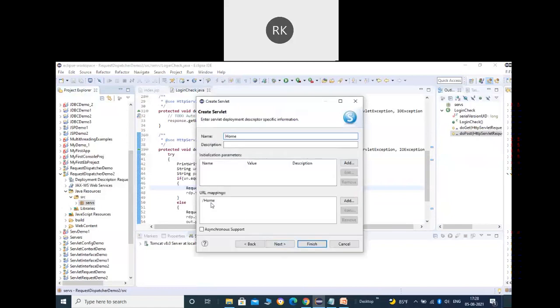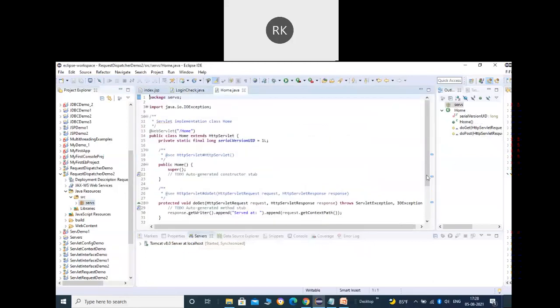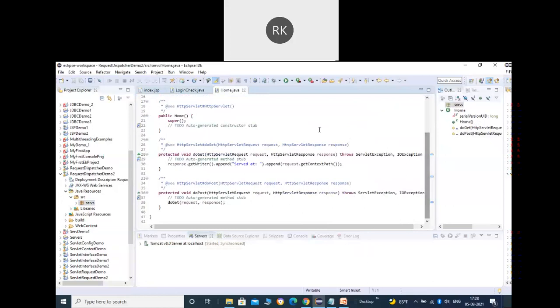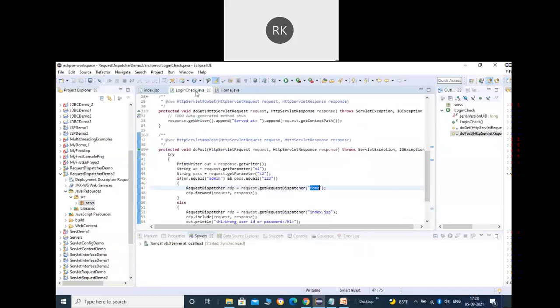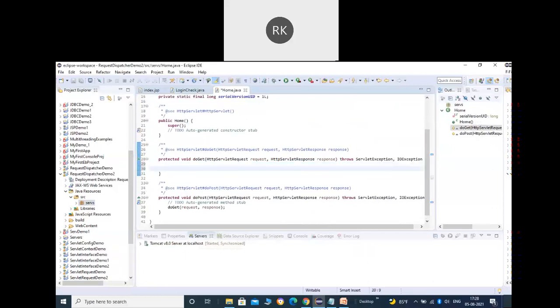The one more thing that is remaining here is what you can see here. I have defined that if the username and password are the correct ones, then the user will be getting the output from where? From the home page, from the home servlet. So this home servlet also needs to be created. So again, right click on your project, go to new, select servlet and name it home. Go to next, keep the URL mapping the same as your class name and just finish it.